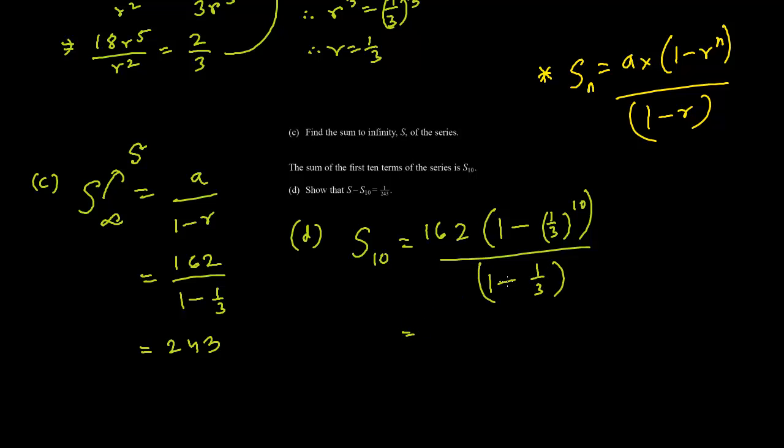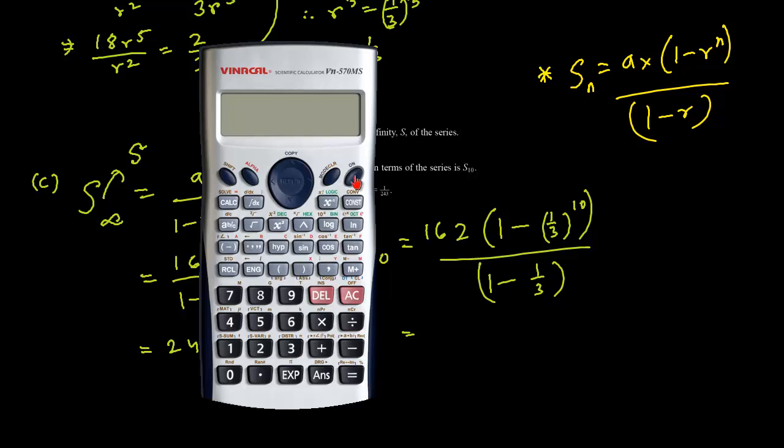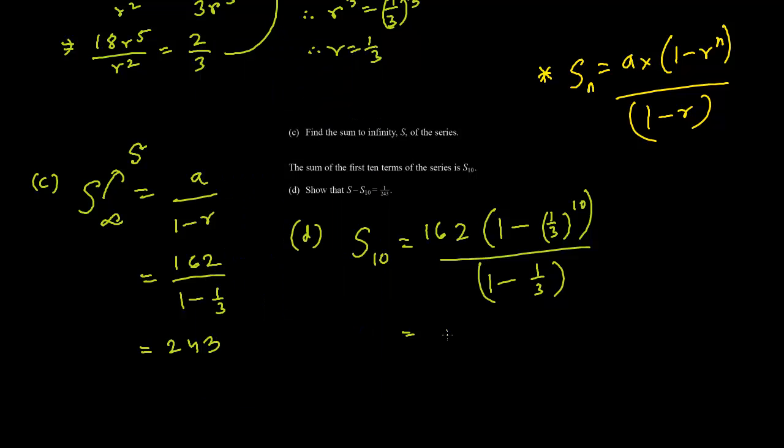Let's first calculate this portion. 1 minus 1 by 3 is 2 by 3. So 162 divided by 2 by 3. So let's find that first. 162 divided by 2 by 3. That turns out to be 243. So this is going to be